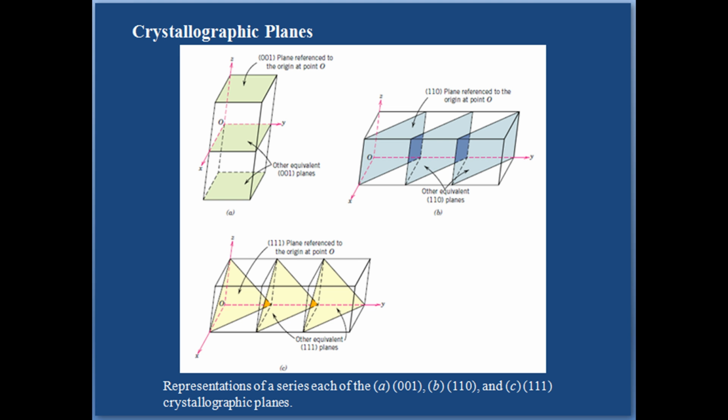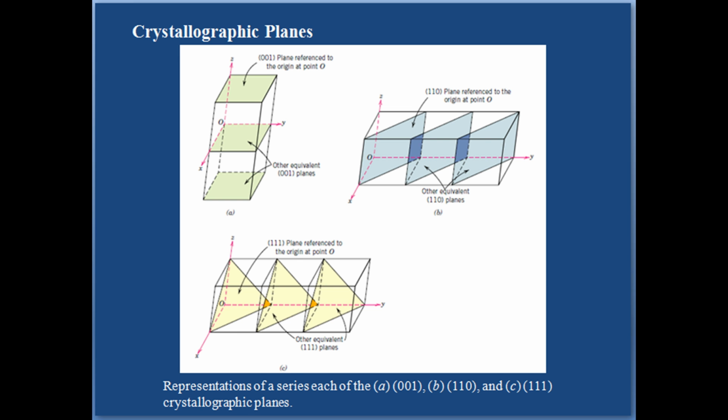At this point, the crystallographic plane either intersects or parallels each of the three axes. The length of the planar intercept for each axis is determined in terms of lattice parameters a, b and c. This is the second step of determining the index numbers. Now we will move towards the third step. The third step is the reciprocals of these numbers are taken. A plane that parallels an axis may be considered to have an infinite intercept and therefore a zero index. It is our third step.